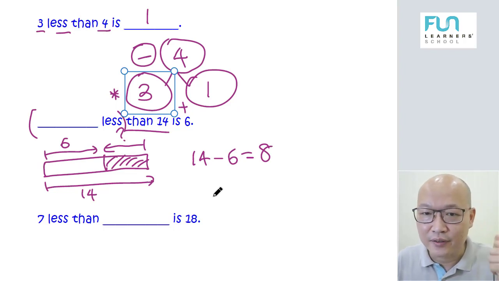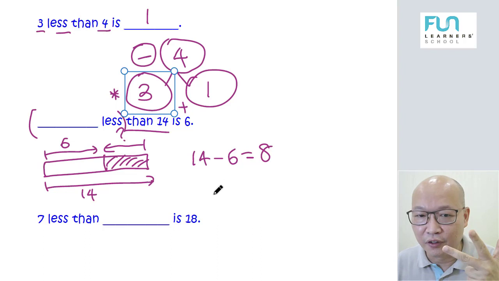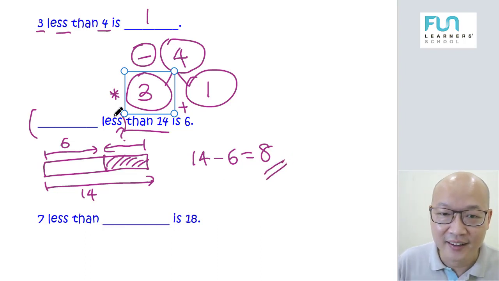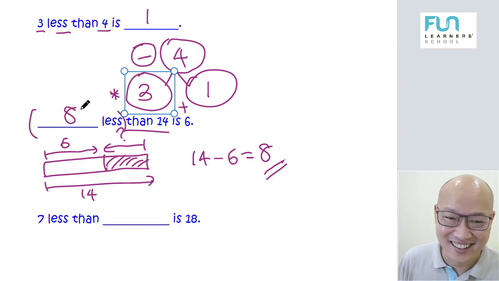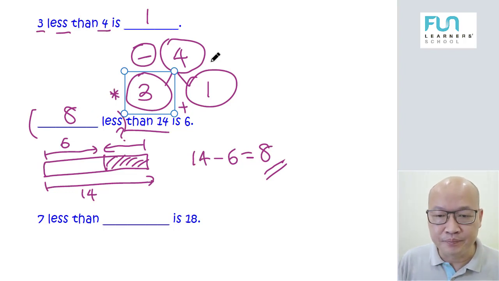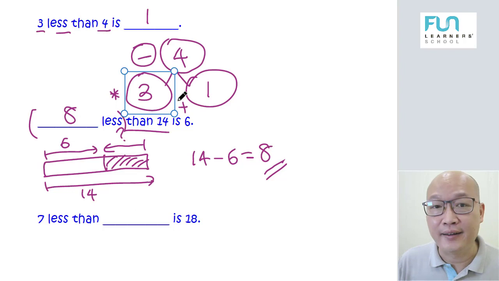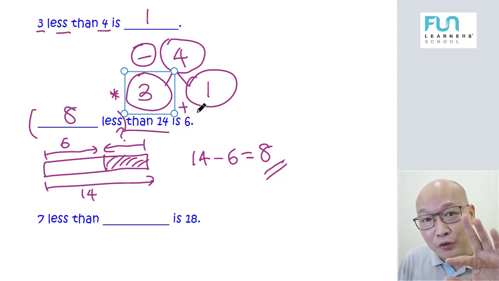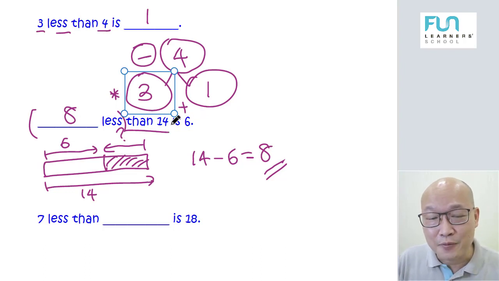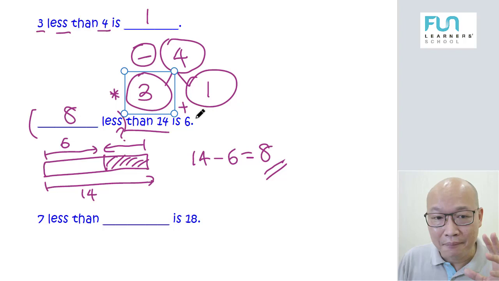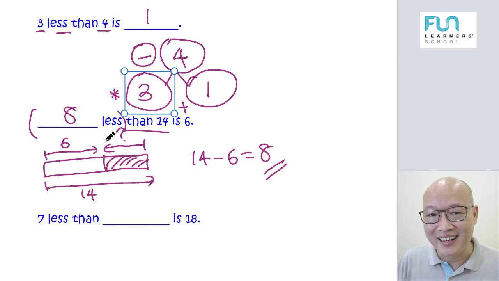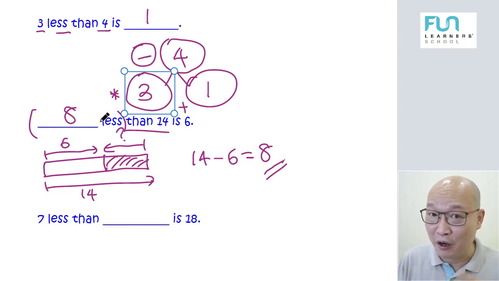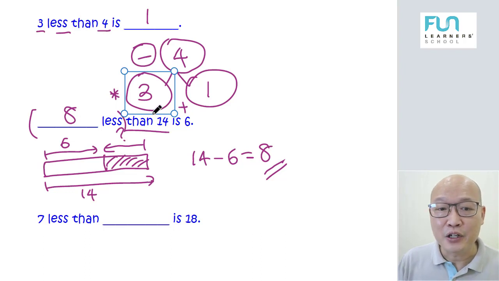6, 7, 8, 9, 10, 11, 12, 13, 14, 8. Okay, just to check, careless mistakes in case. Now, that is for our models method. So you basically learn two methods here, right? First method is the P1 method, which is the number bonds method. P2 to 4 method is using the models. Very powerful. Now, I'm going to share with you